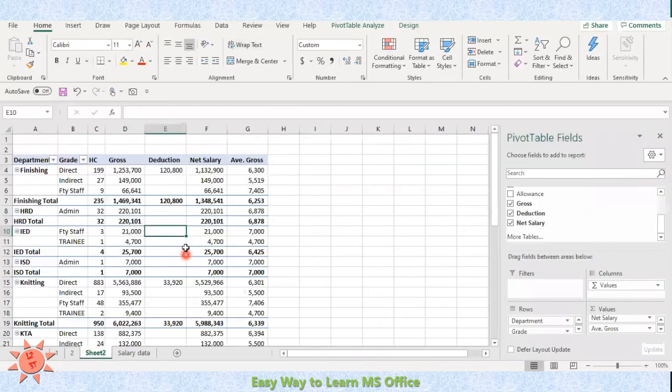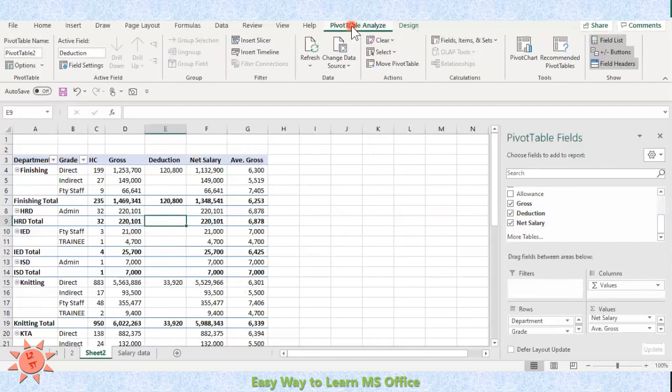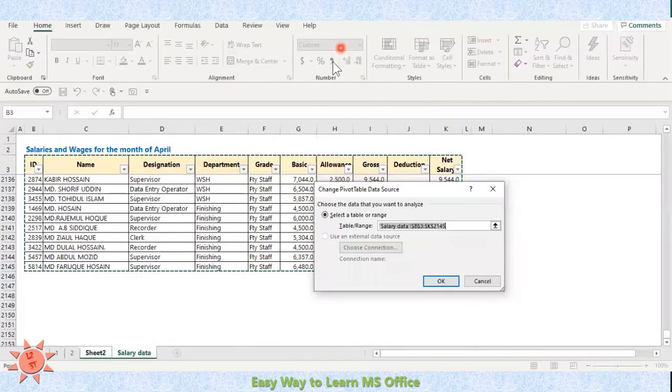What we can do, you just go there, click on the pivot table, just go to PivotTable Analysis. When you go there, you have Change Data Source. When you click on this, then the data range will appear. Now if you want to add up to 2152, just go there, click here, mouse click one time.